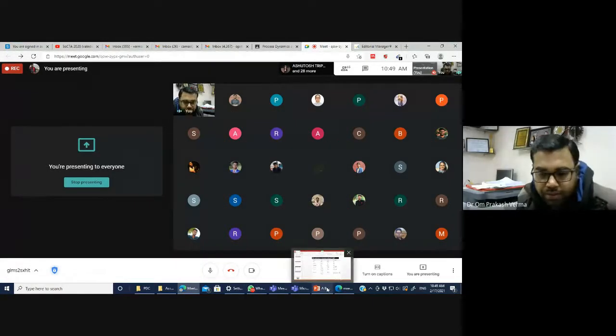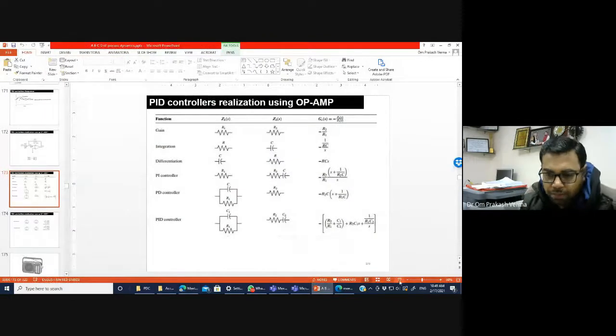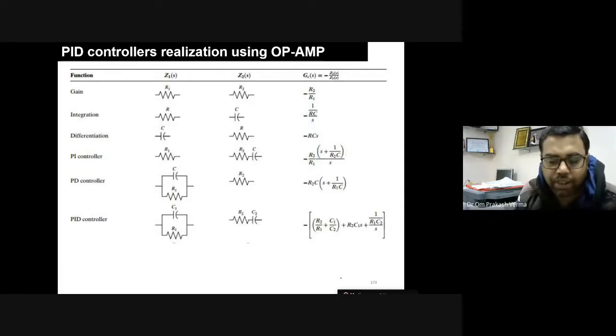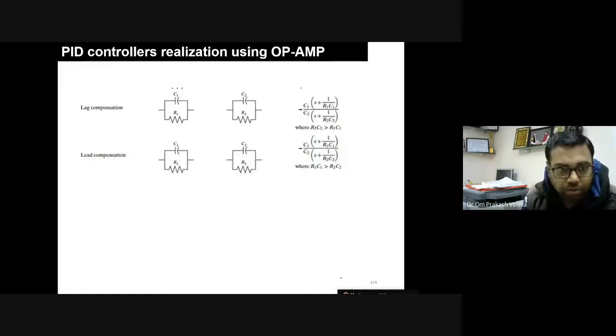Okay, sorry. So I hope you understand these things. Any query regarding the realization of the proportional controllers using the op-amp? You are free to ask. No. If you will not ask, I will ask in today's tutorial and in the upcoming tutorial. Don't worry, I have many queries. I will definitely ask you.